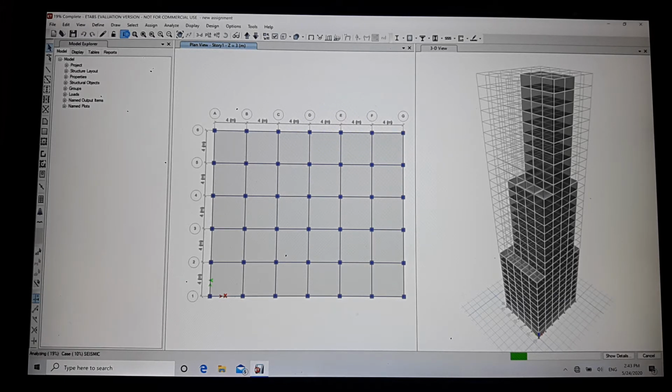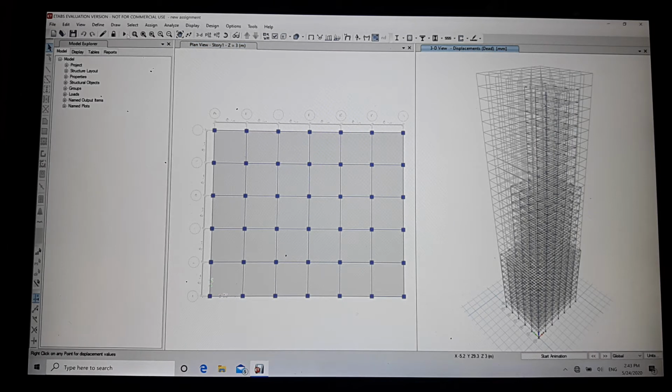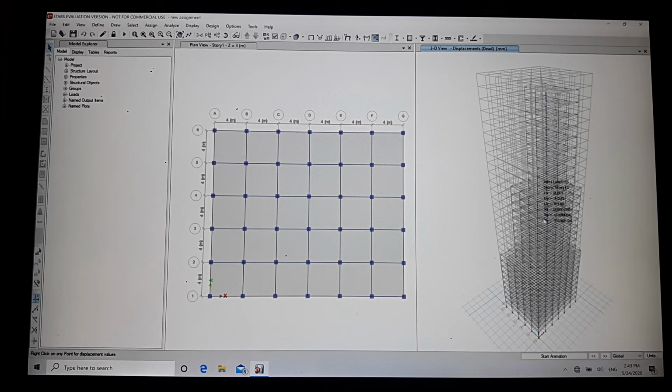You can see here bottom left the progress of the analysis. So our analysis of the building is over. Now we can see the displacement of the joints.